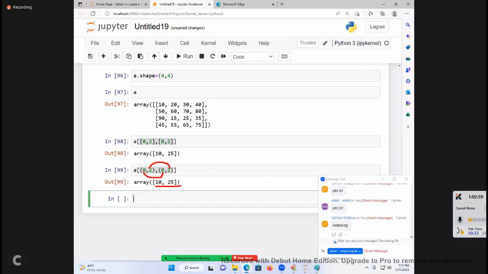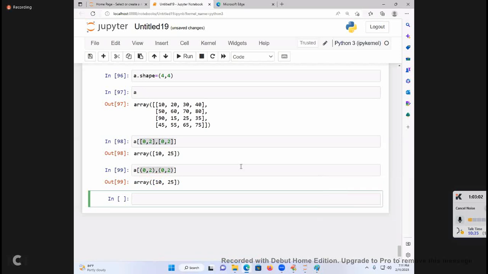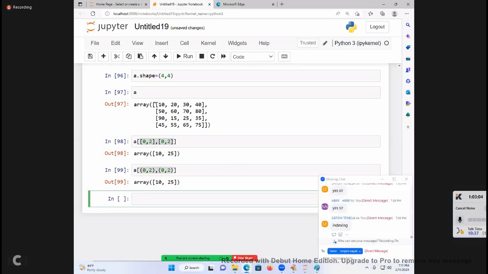And the data is like this. Now I want to get it straight forward. Bigger question. 10, 16, 25, 75. Rows 0, 1, 2, 3 and columns 0, 1, 2, 3. Start.